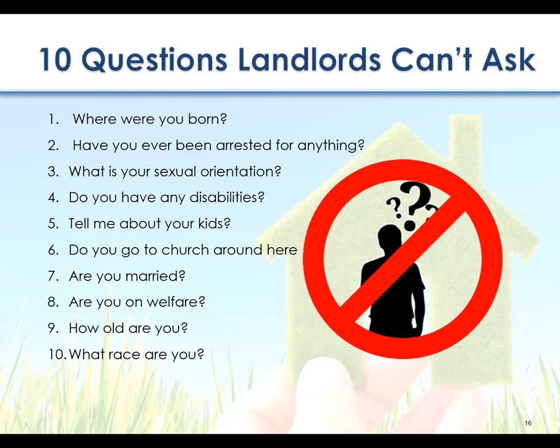Number 7, are you married? You have to wonder why that would be a concern for the landlord. After all, married people do not necessarily make for better or worse tenants. Some married couples are model citizens. Others fight constantly and may appear on an episode of Cops. But none of this is relevant anyway, because the landlord is not allowed to ask you anything about your marital